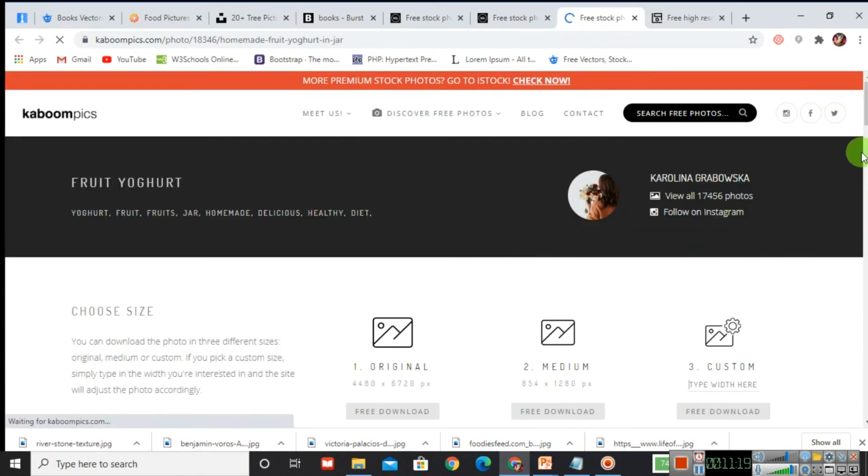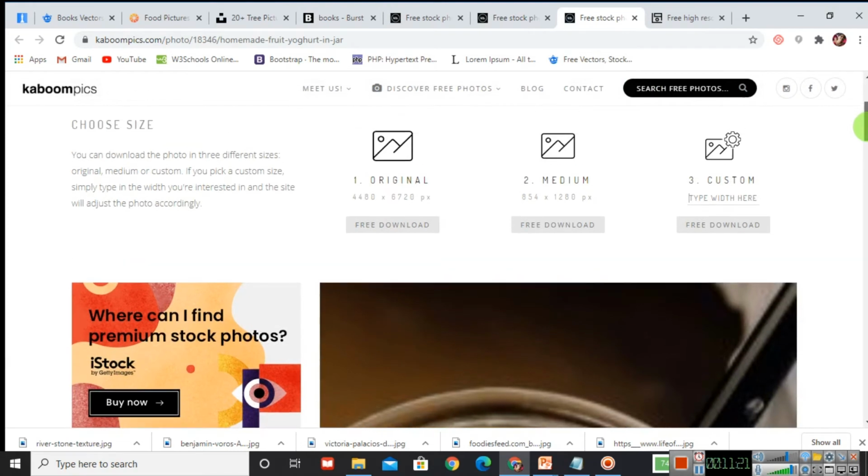I'll click on this. So here you have three options: original size, medium size and customized size. In customized size, you are going to give your image size. Then start downloading. I'll click on free download for original size. So here you can see the image has been downloaded.